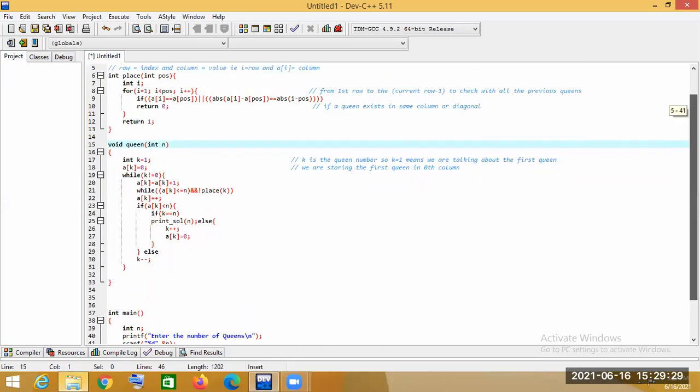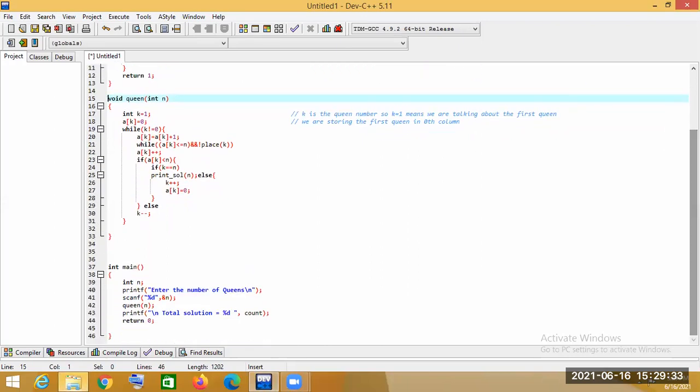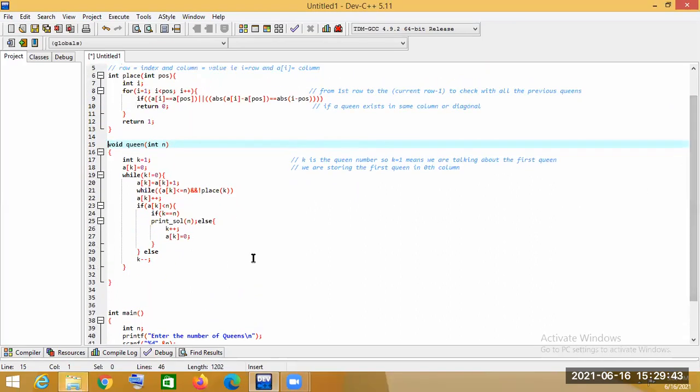Another thing is that I missed discussing that I have used another function here, the print solution.